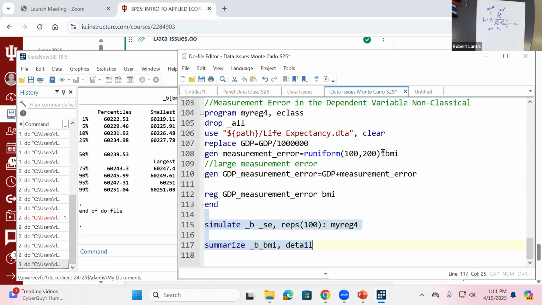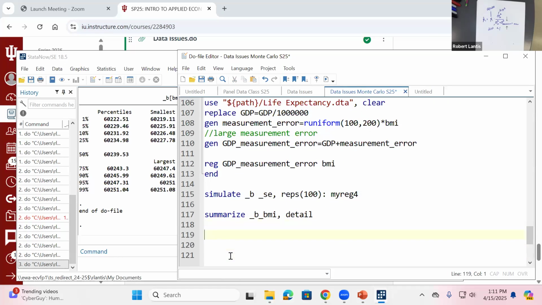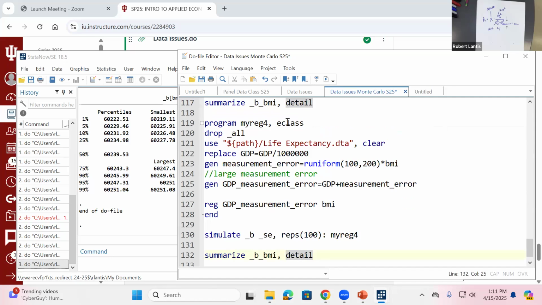In fact, let me think here what I could do. Let's say I do the same thing. I'm going to create a new program for you real quick. MyReg5. Now the measurement error is going to be what? Higher when BMI is lower, right? If I divide by BMI. So if I run this,